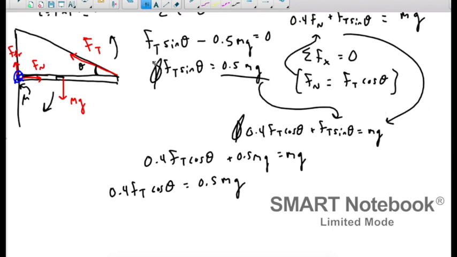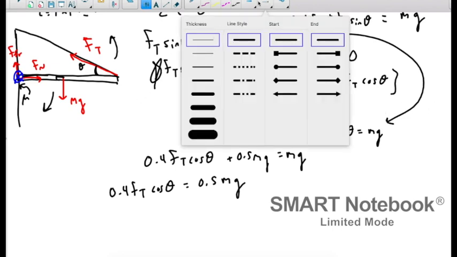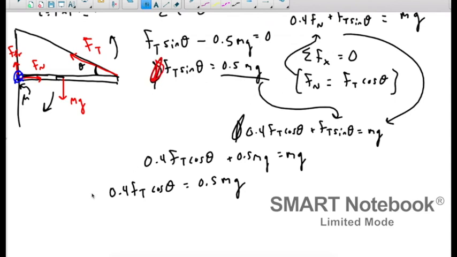I recognize that I have two equations now that have two unknowns: force of tension and my angle. So I wanted to figure out the simplest, quickest, easy way for me to manipulate those two to solve for the angle and to get rid of force of tension. So what I did is I just divided the two equations. I recognize that sine divided by cosine is tangent. So I could take this equation, divide it by this one, in which case force of tension will cancel out,